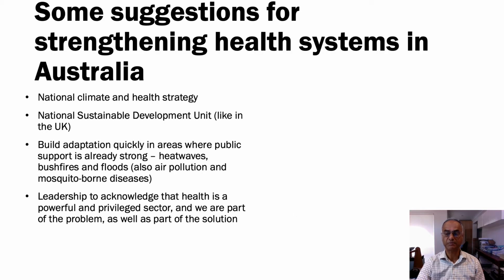So I'll finish by saying that we definitely need a national climate and health strategy in Australia, and this may become a reality after the Australian elections next month. PHAA is advocating hard for this outcome. It would be great to have a national SDU like in the UK to drive innovation and faster sharing of best practice and technical guidance. We also need further investment to better adapt to the climate challenges such as heat, fires and floods that are already occurring every year or so.